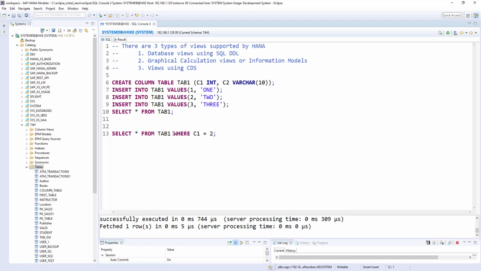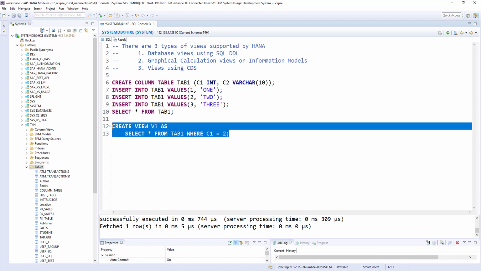Just think, this where clause is a simple one. There may be more than one where clause, or aggregation functions, joins, having clause, order by, all these statements. Any SQL select statement you can use to create a view. To create a view, the syntax is create view and then the view name. I'll put v1 as, then any select statement you can use along with this syntax, and it will create a view.